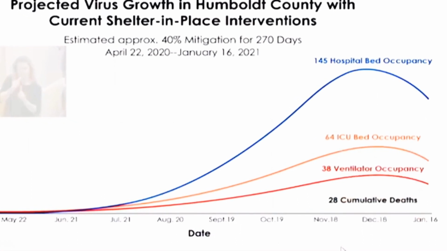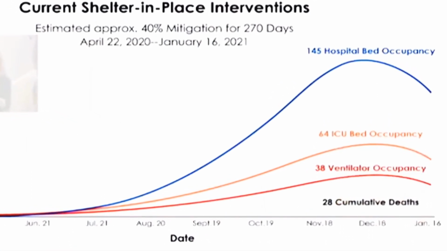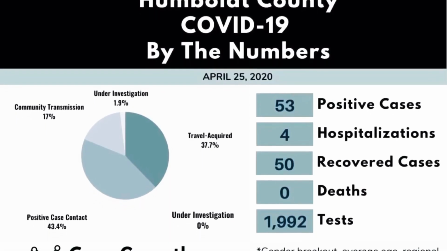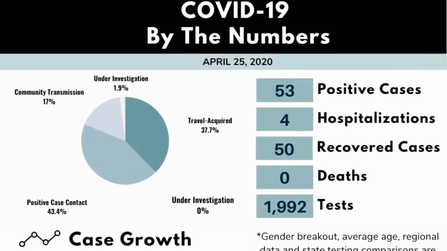We don't have the ability to test everyone we want to test. And so there's low-level circulation out in the community right now, even though we're not picking it up. It's out in the community. I mean,